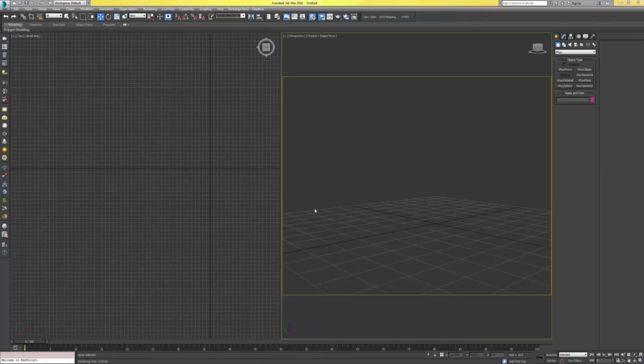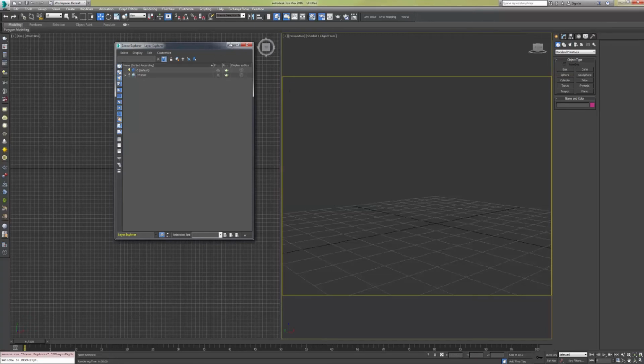Okay, in this video I'm going to demonstrate how to use the UV mapping channels in 3D Studio Max to help apply different textures mapped at different scales for different objects in the scene. Specifically in this case, we're going to create a nice concrete wall with some grungy water splashing at the bottom, and the concrete is going to be mapped at one scale and the grunge texture is going to be mapped at another. So to get started,